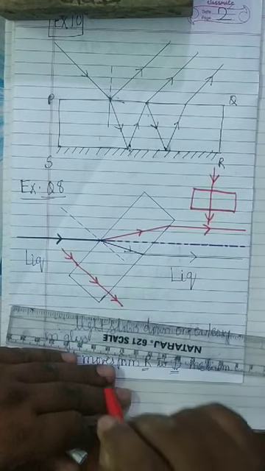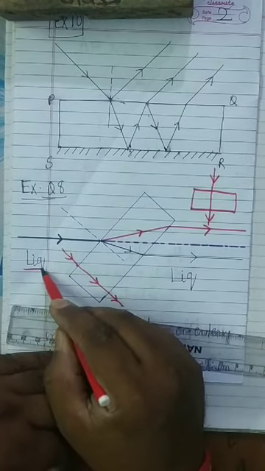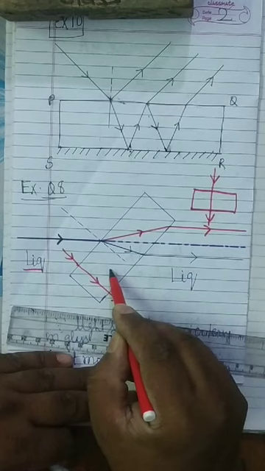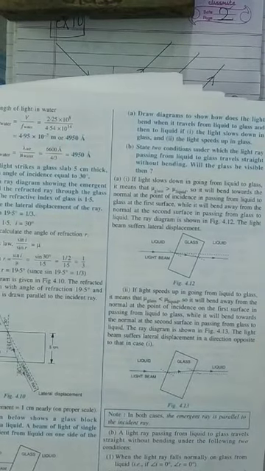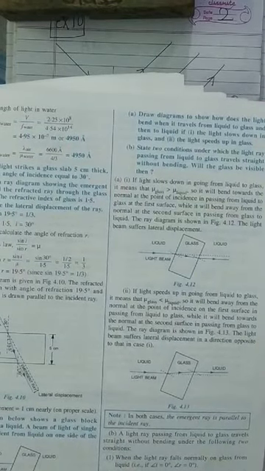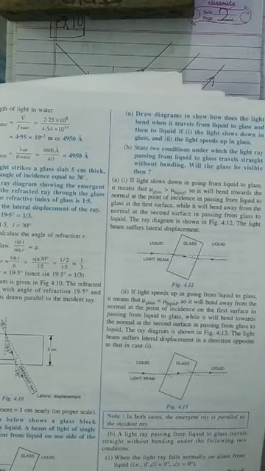And the other is when the refractive index of liquid is same as the refractive index of glass. Refractive index of liquid is equal to refractive index of glass. Will the glass be visible? So no, glass will not be visible. Here glass will not be visible. So this is a very important question, that what are the conditions for no refraction.